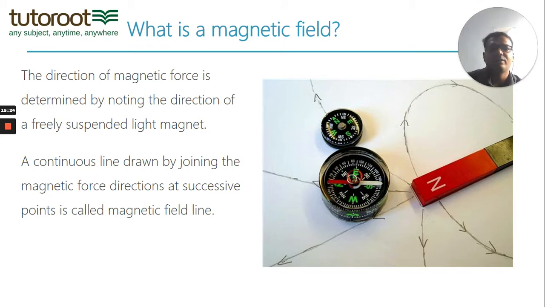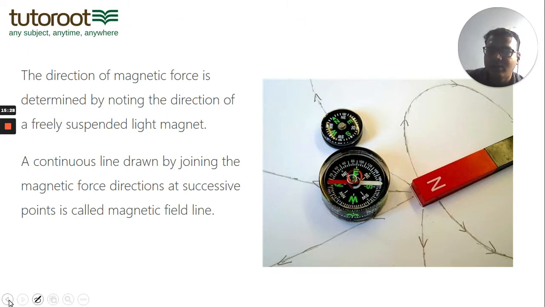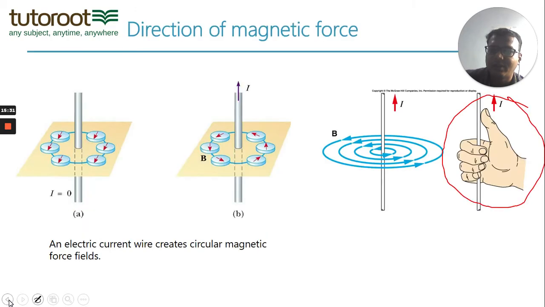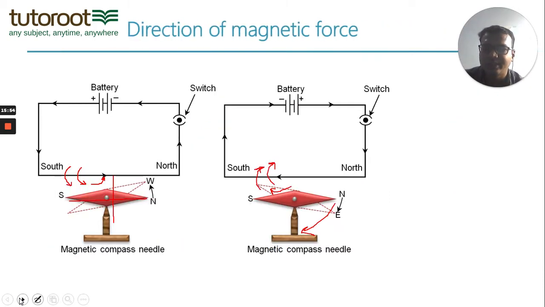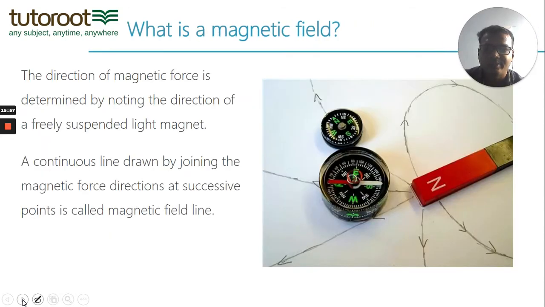Now when we saw the previous example of compass kept around a current wire, we saw that at different points the magnetic force is in different direction. Okay, and at that point, how do you find out the direction of the magnetic force? Put a compass there. The needle points in the direction of the magnetic force. So seeing the direction of the needle, you can find out the direction of the magnetic force acting at that point. So using the same concept, look at this picture very carefully.